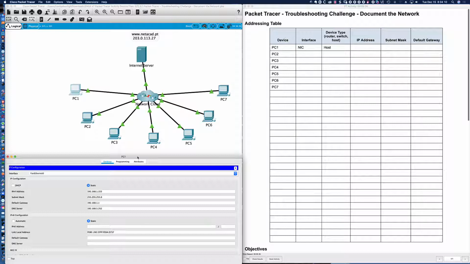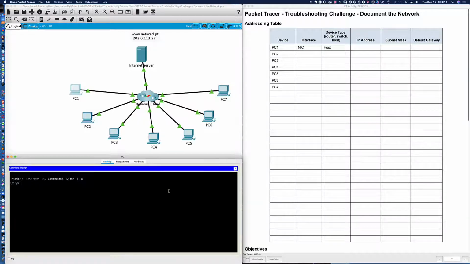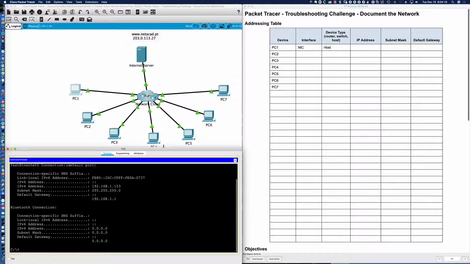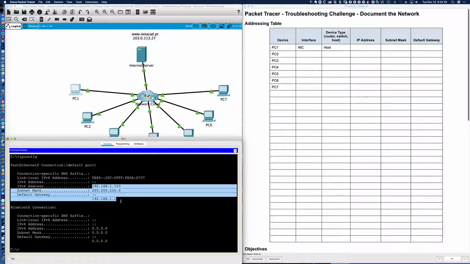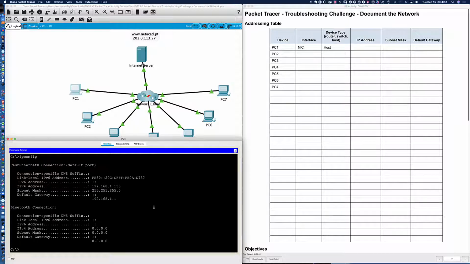Now, it says interface NIC. Well, let's take a step back here. Let's go out to the command line, and let's talk about some command line commands that I could run. I could say ipconfig, and let's give ourselves a little more room here. I could say ipconfig, and take a look at the information we see. We see the EUI-64 link-local address. We know it's EUI-64 generated because of that FFFE, those hexadecimal characters in the middle of the IPv6 address. We have our IPv4 address, the subnet mask, and the default gateway, so we've got quite a bit of information here. But what if I was to say